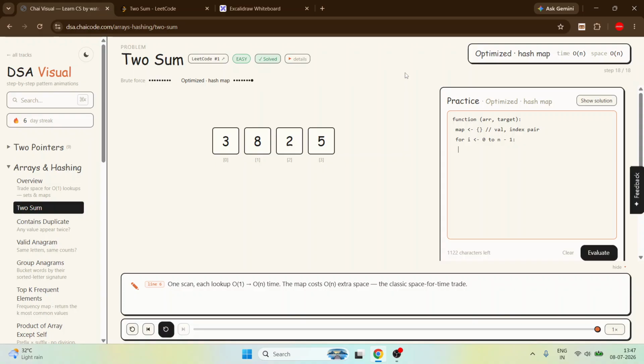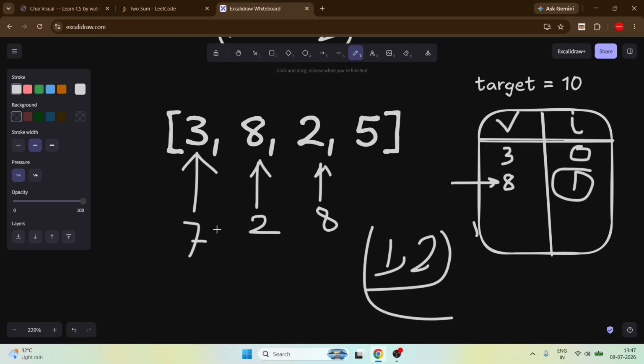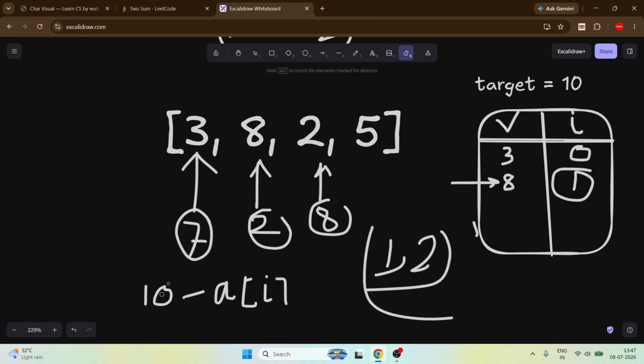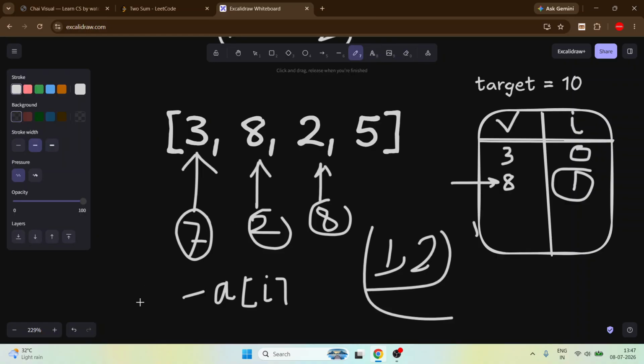Just calculate the remainder, which you will be doing here, like this 7, this 2, this 8. This is the remainder. This is 10 minus the element, or you can say array of I. And actually, this is not 10, this should be target.